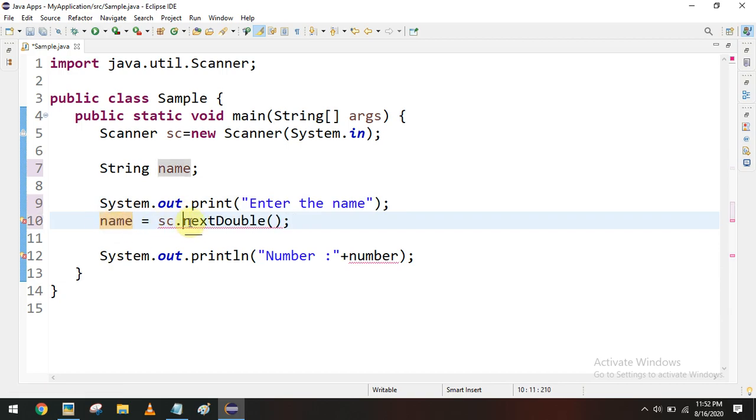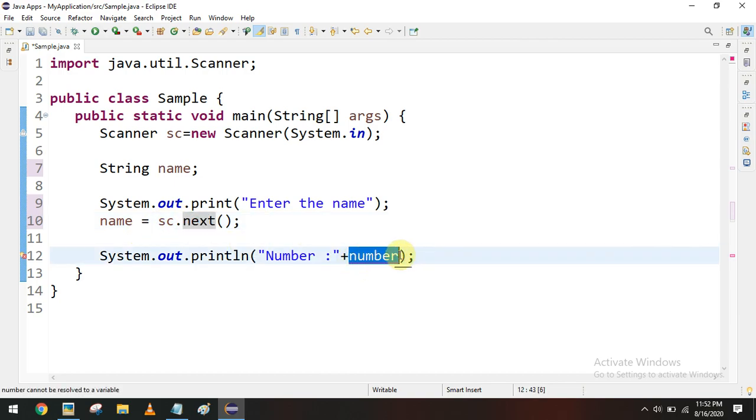And here we can use a function called next. You have to use the next function only if the name has only one word. For reading a single word, you have to use the next function. After reading a name, we can store it, and we can print it using "Name:" and the plus operator.